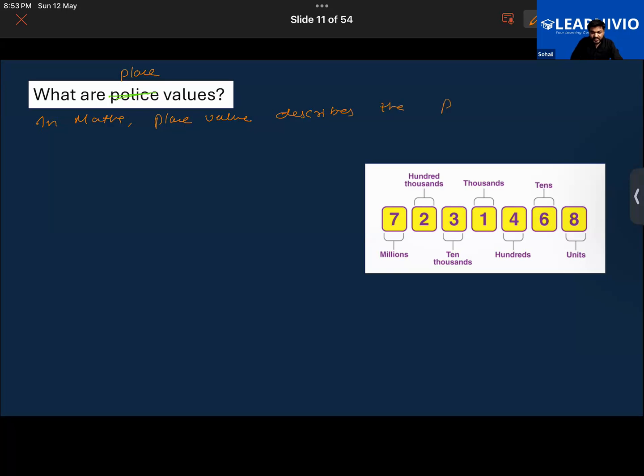Write it in your copy, okay? Now, from here we have begun the chapter. Earlier we were discussing the basic things. Write this thing down in your copy. Give the heading: what are place values. And write: in maths, place value describes the position or place of a digit in a number. Both of you are noting it down or not? I'm writing down. Yes. Okay. Habib, you also noted down.